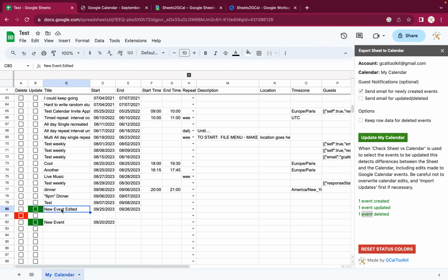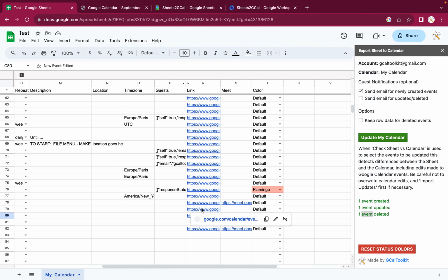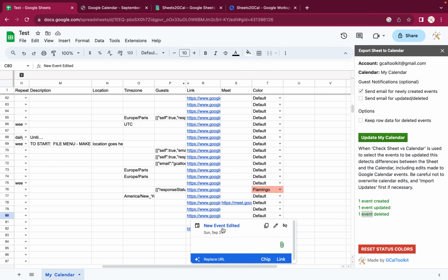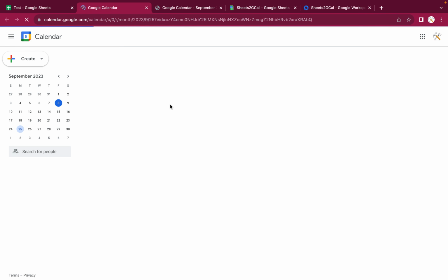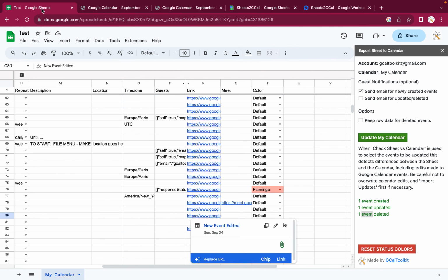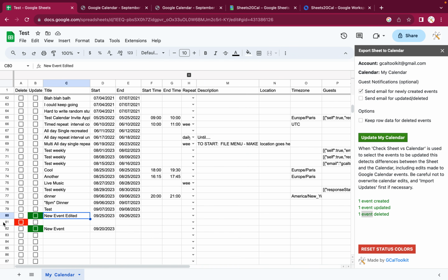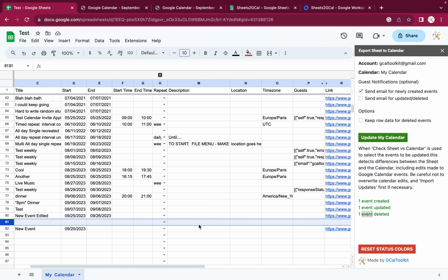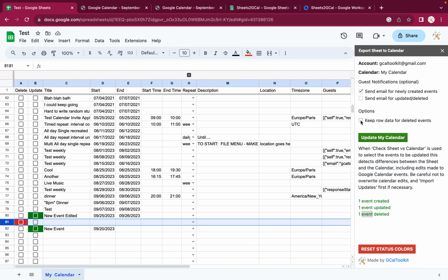This event, new event, I typed edited, and if we look at it in Google Calendar, it was this one. This now says new event edited. So that was edited. And of course, 81 was completely deleted. If I had enabled this option here, that would have kept all the row data, including formulas,